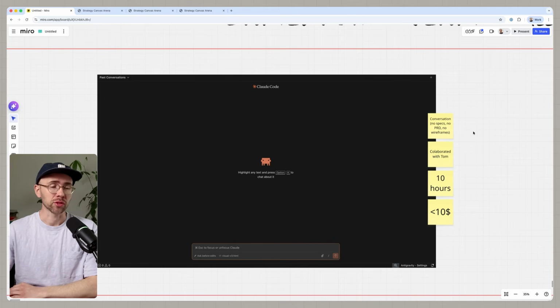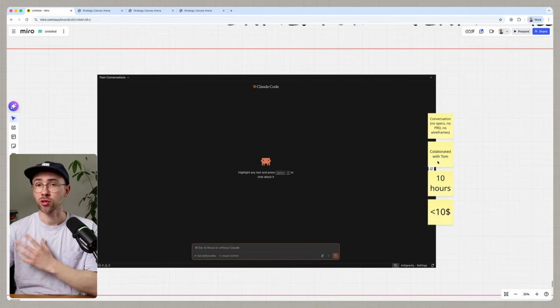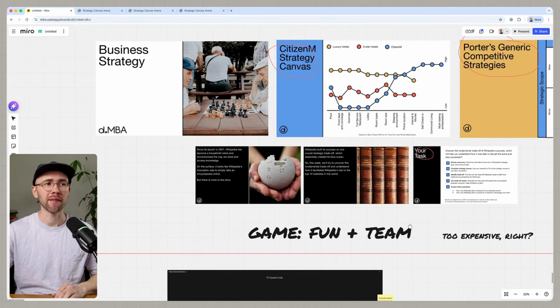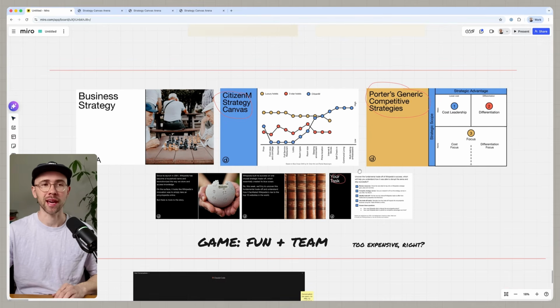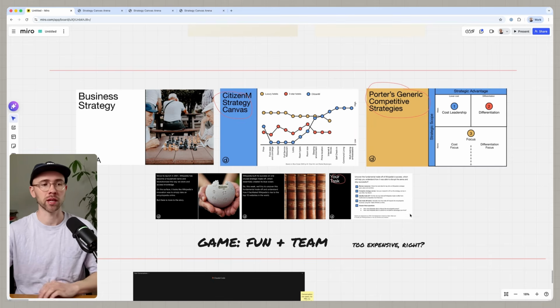And I brought it to a pretty solid state. Then I handed it over to Tom, my colleague, and we collaborated on developing this app together. Both of us together didn't spend more than 10 hours on this and more than $10 in AI tokens. So we went from an idea of teaching this as a game, and this idea feeling very unrealistic because it would take too much time and too much money,